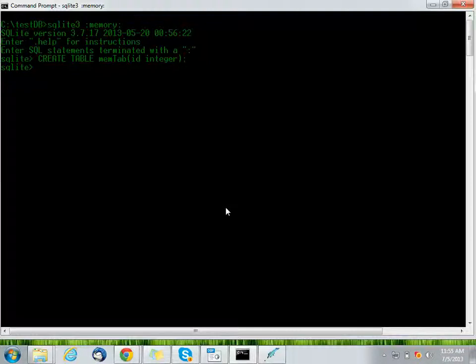Okay, we have a table now, mem tab, and we'll enter some data.